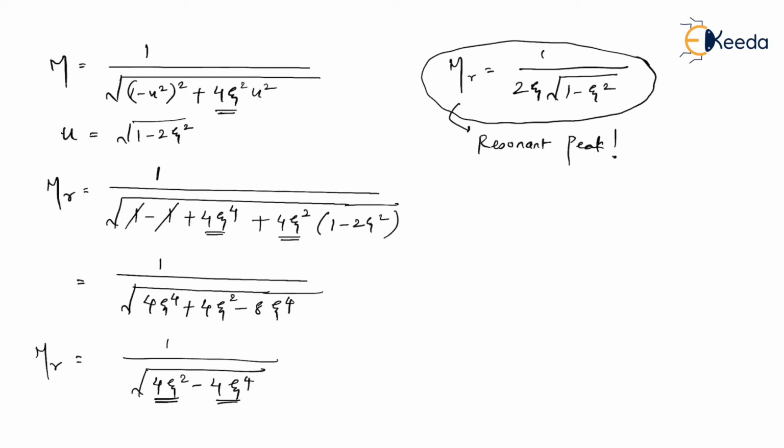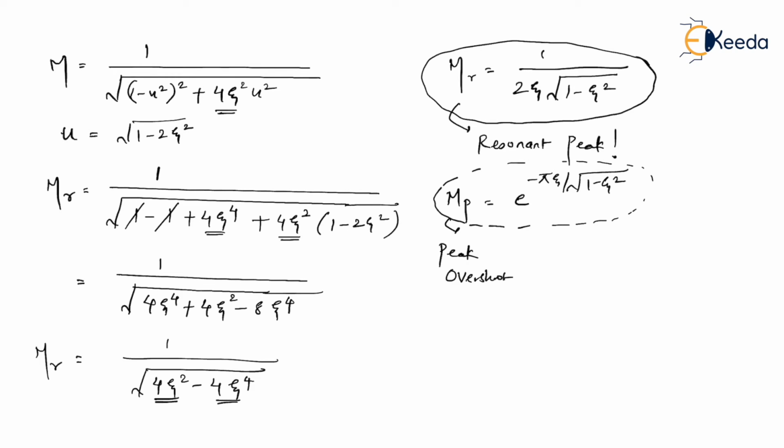If you remember, the similar quantity we used to calculate in case of the time domain analysis was something called MP, and we used to call that the peak overshoot. And if you remember the expression for this, it was e to the power minus pi zeta over under root of 1 minus zeta square. This is how we used to calculate the peak overshoot, MP, in case of time domain, if you remember. Let us define their individual purposes. Why do we calculate the peak overshoot in case of time domain?